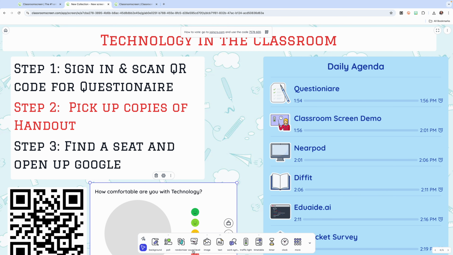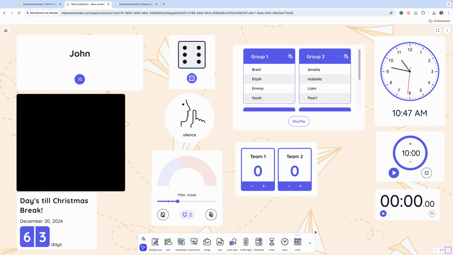If you look down here, you have all sorts of widgets, which I will go to the next page for a lot of them. So here's that randomizer that I talked about. Here's a randomizing die. So if you're using an activity and you have groups and you can call on groups like this, you can also use these